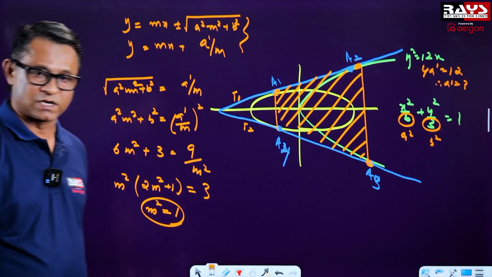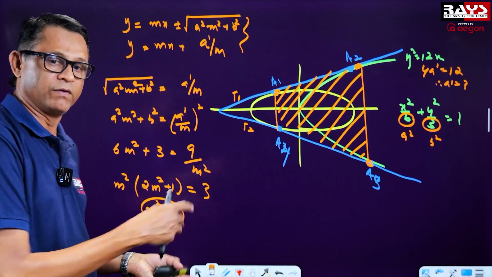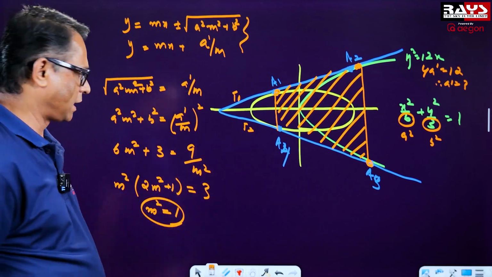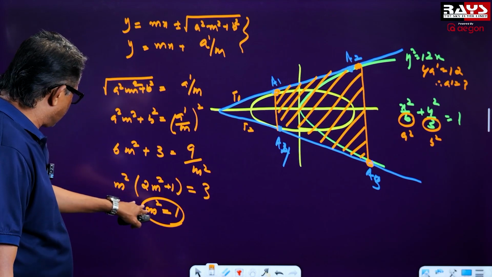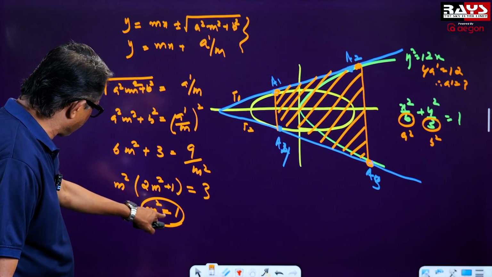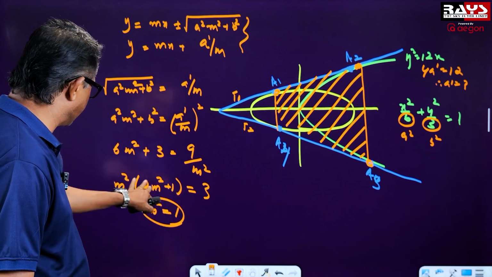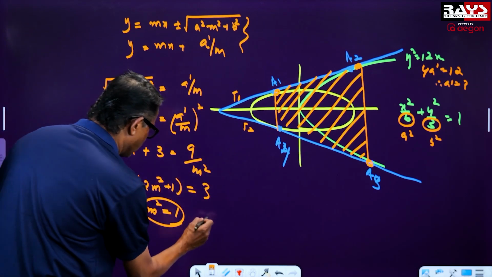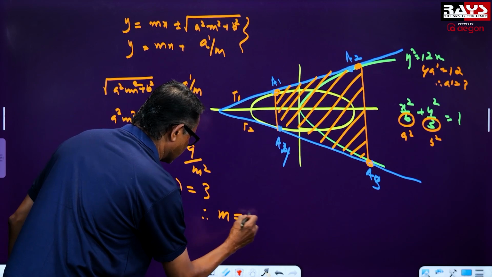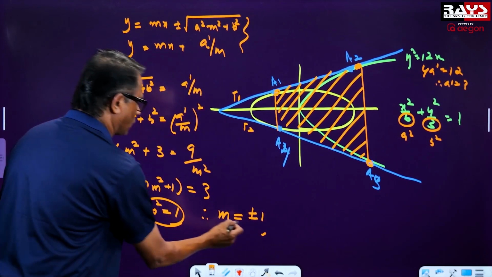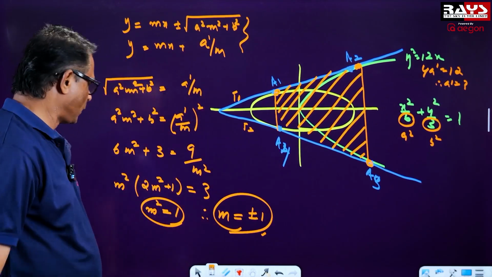Just to try, otherwise you have to open the bracket and solve it like a quadratic equation using the quadratic formula. So otherwise you can try it, put m square is equal to 1. So 1 into 2 plus 1, that is equal to, you will be getting what? 3. Therefore, m square equal to 1 means there will be 2 values for m, and correspondingly we will be